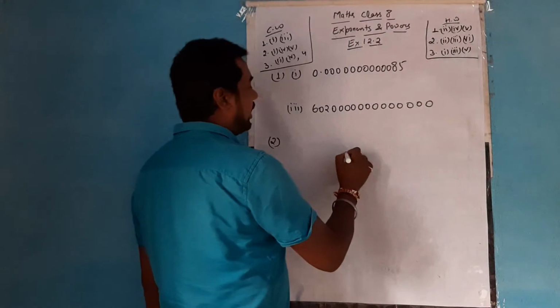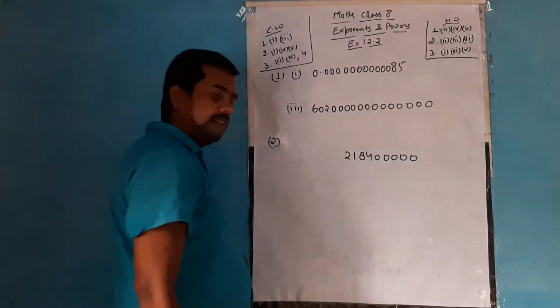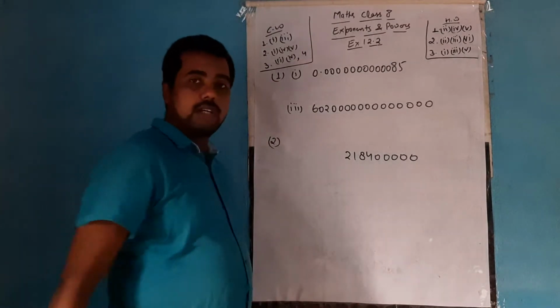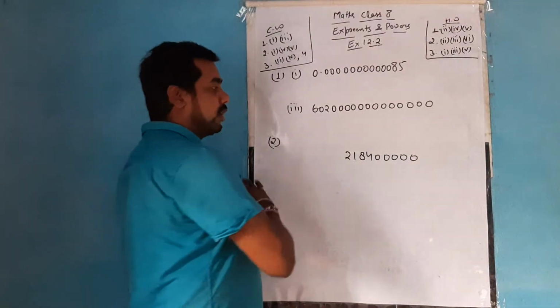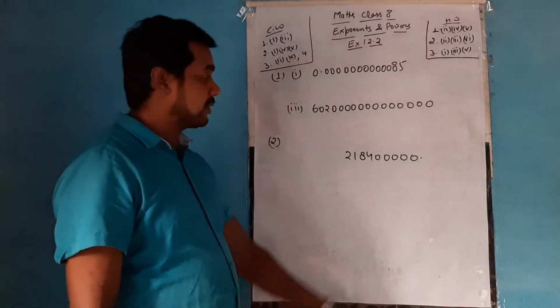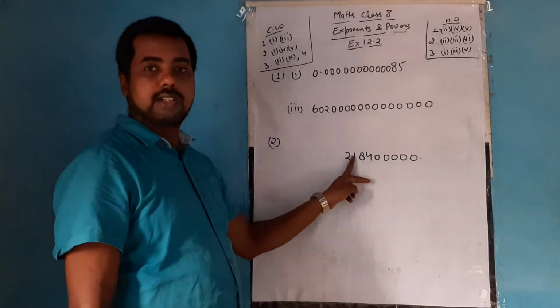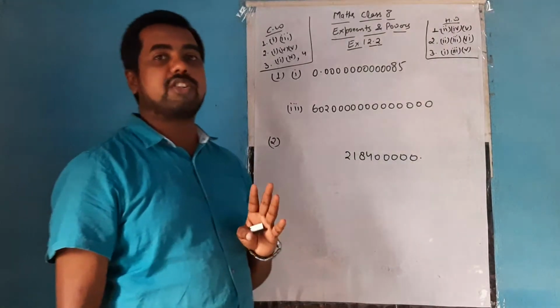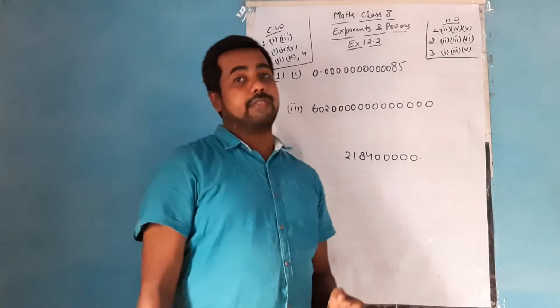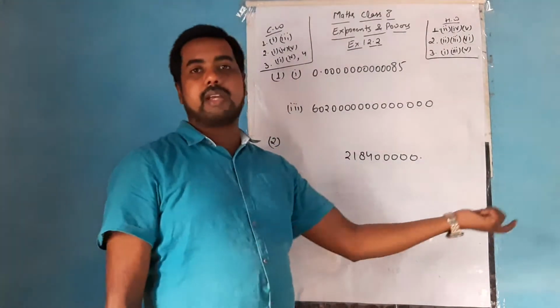Suppose a number is given as 2, 1, 8, 4, 1, 2, 3, 4, and 5 zeros are there, and nowhere is the decimal place shown. So when no decimal place is there, you will always assume that the decimal is at the last place, and from here the decimal has to be shifted just after the first digit. As in a standard exponential number, the decimal, if it is present, is just after the first digit. It won't be anywhere else.